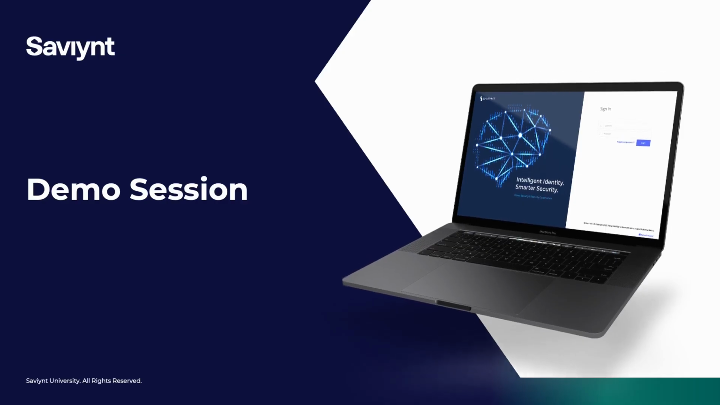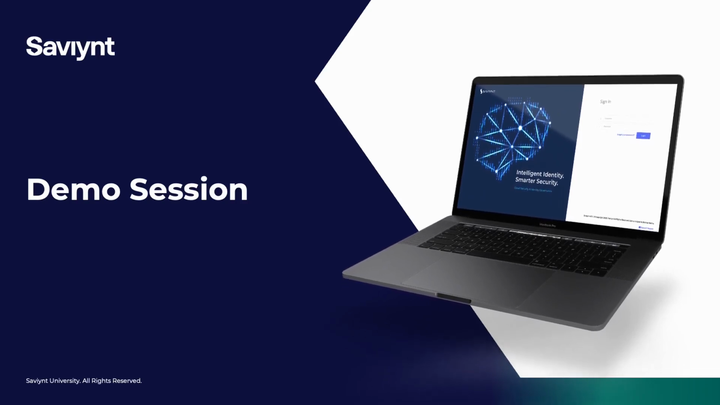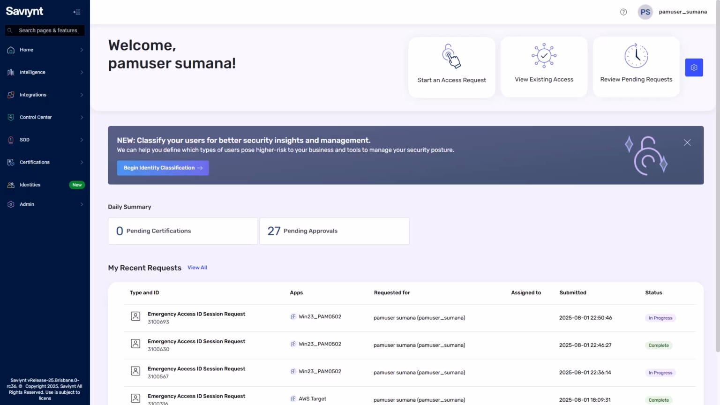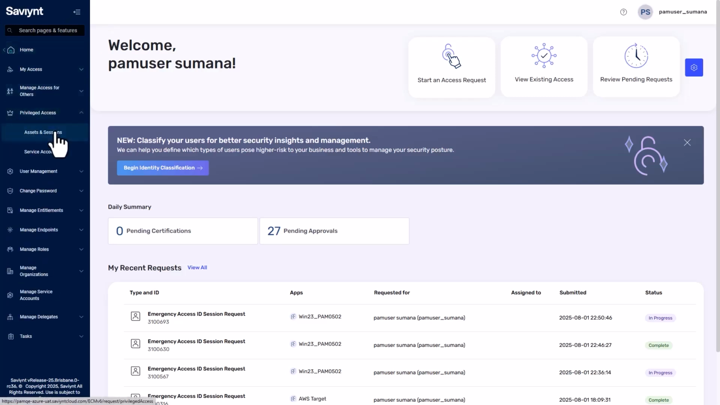Now, let's look at the demo for the Credential Indicator button in the Active Launch Session feature introduced in the Brisbane release. Starting with the Brisbane release onwards, the Has Credentials icon indicates that the credential and credentialless account needs credentials to connect. So when we navigate from the Home page menu to the Privilege Access, Assets and Sessions page,